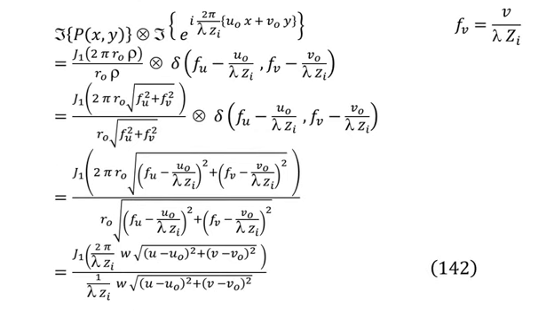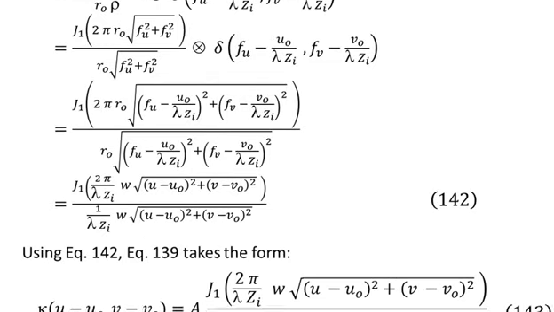Now we are going to convolve with the delta. So when convolution is done with the delta, then you know that fu will be replaced by the argument of the delta function. So fu will be replaced by fu minus u naught over lambda zi, and fv will be replaced during the convolution process by fv minus v naught over lambda zi. So this is what we have done in the fourth step over here, and we have rearranged the term in